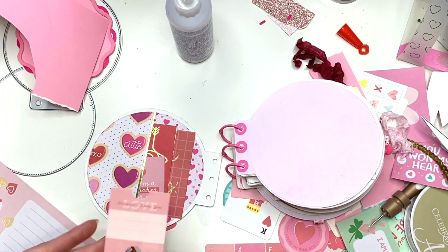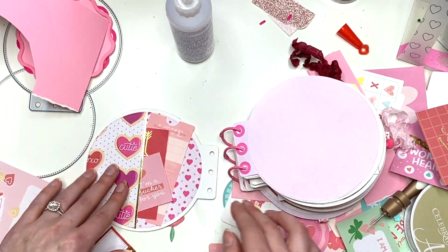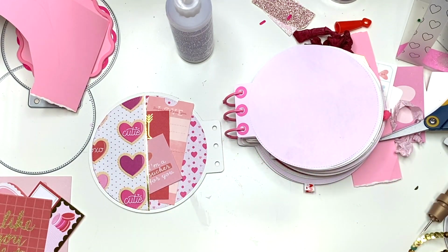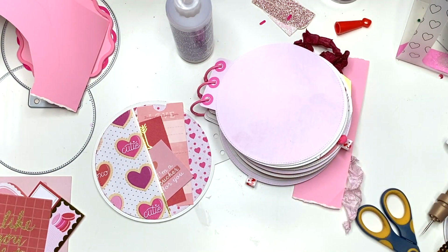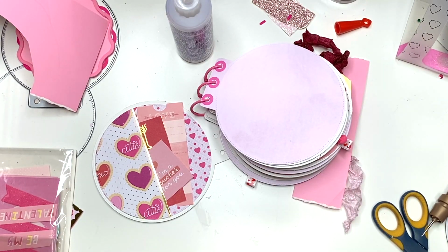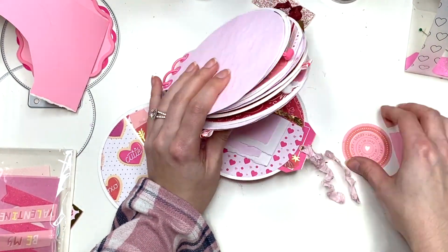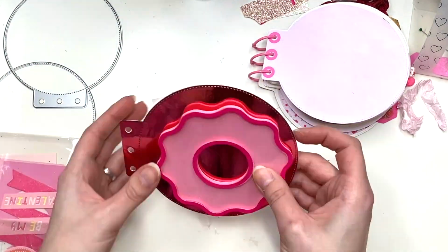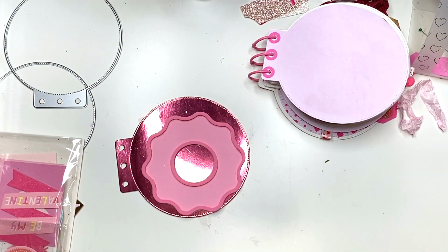So, I'm going through, continuing to add more cut-aparts. I'm using a variety at this point, so I used some of the Lucky Us ephemera. I used some of the ephemera from a Valentine's Day collection I had from Michael's from one of the paper pads because I had some scrappies left. And then I decided to do a little bit of cleanup